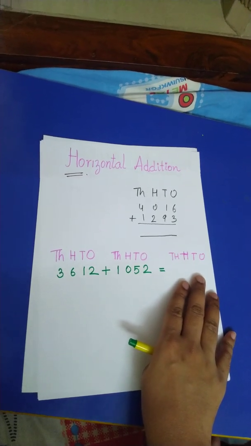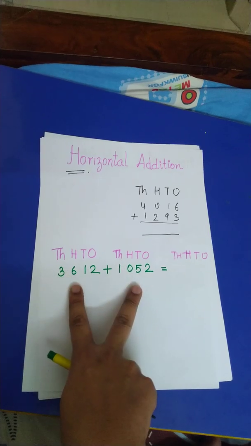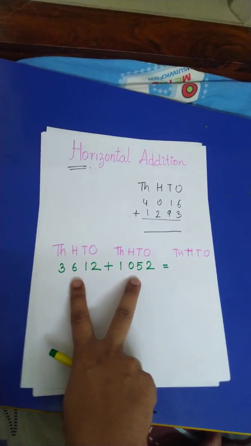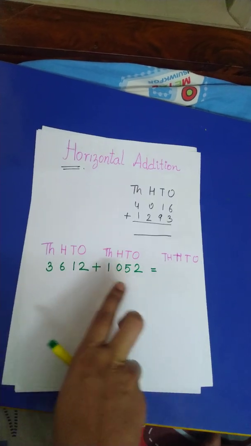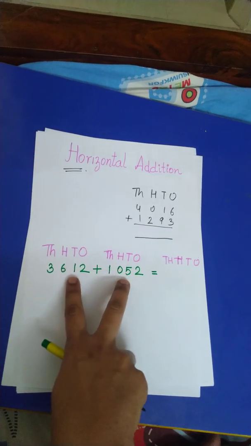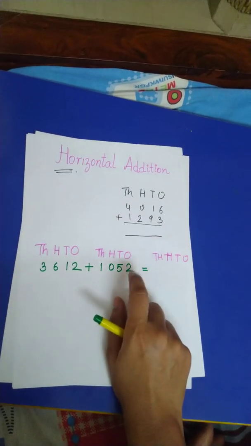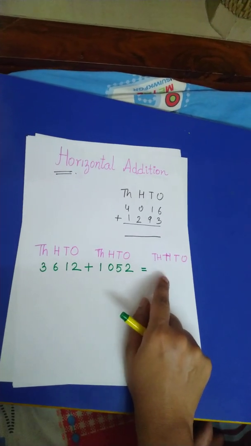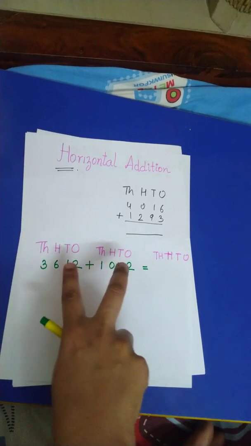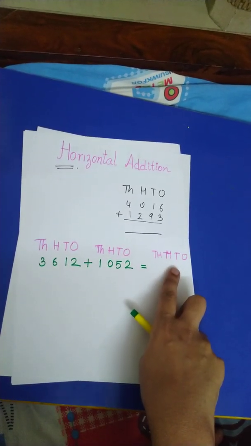In the examination, in the worksheet and in the book, the exercises are like this only, wherein you have been given the places. There will be two addends with an addition sign, and equals to. Equals to means what is the total when we add these two numbers. Do you remember, in my earlier videos I have told you that the left side and right side of equals to should be equal. So adding these two must be equal to its total, right?